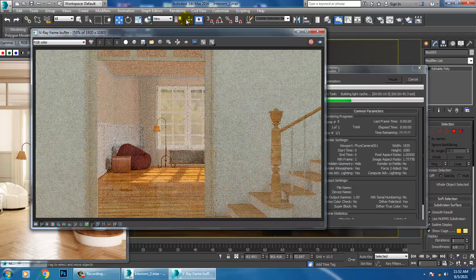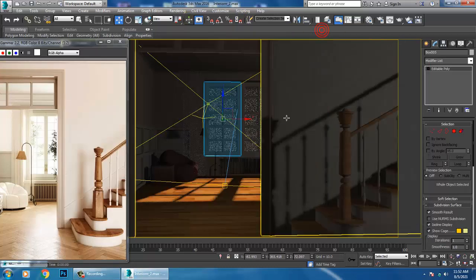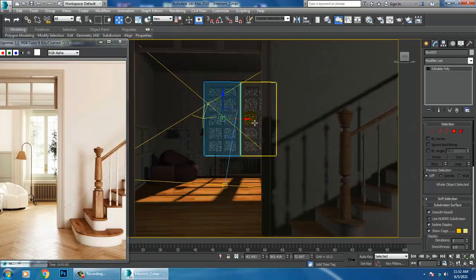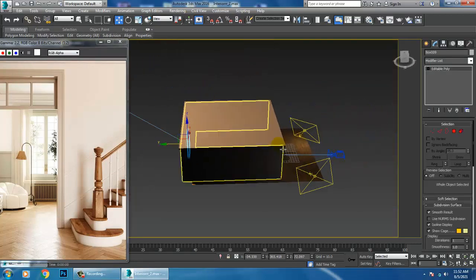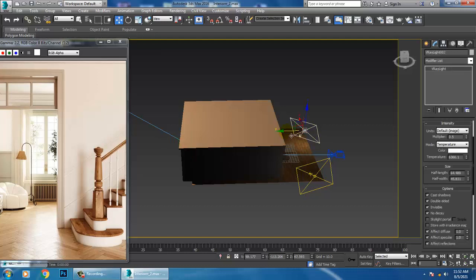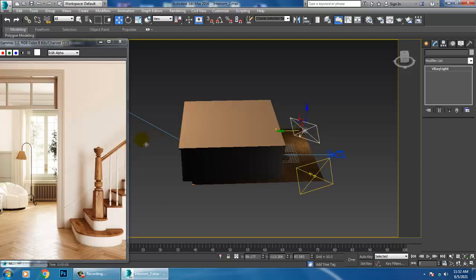The lights which you have put from the outside, those are just supporting lights. If you want, with that, I can take one more V-Ray light. I'll just duplicate that light over here.